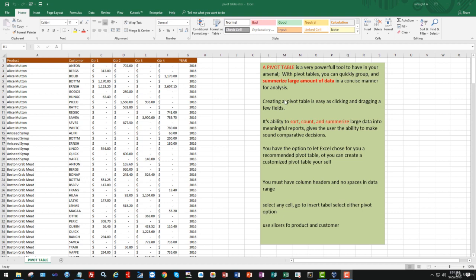Now, creating a pivot table is easy, believe it or not, and it's as easy as just dragging a few fields, as we will see. Its ability, the pivot table's ability, to sort, count, and summarize large amounts of data into meaningful reports gives the user the ability to make sound and comparative decisions. So once you have this raw data here, as you can see, and you convert it to a pivot table, it's going to allow you and upper management to make very important decisions based on a summary of data rather than